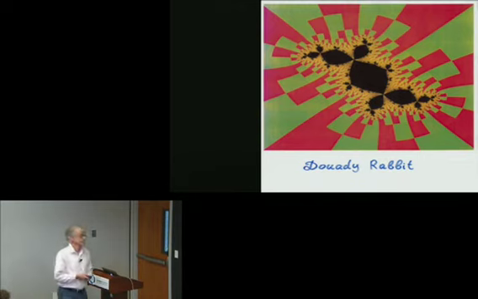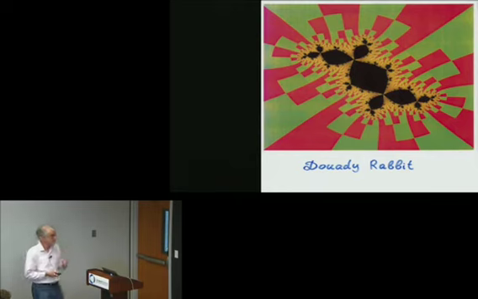Also, this particular example has a very interesting feature: it has an attracting periodic point, namely 0. It is here. 0 is the critical point for the quadratic map, as we all know. So 0 goes to here, then goes to here, and then comes back exactly to itself. So we have a periodic point of period 3, and this periodic point is attracting. All orbits in the interior of this rabbit accumulate on this cycle of period 3, going around and around, closer and closer.